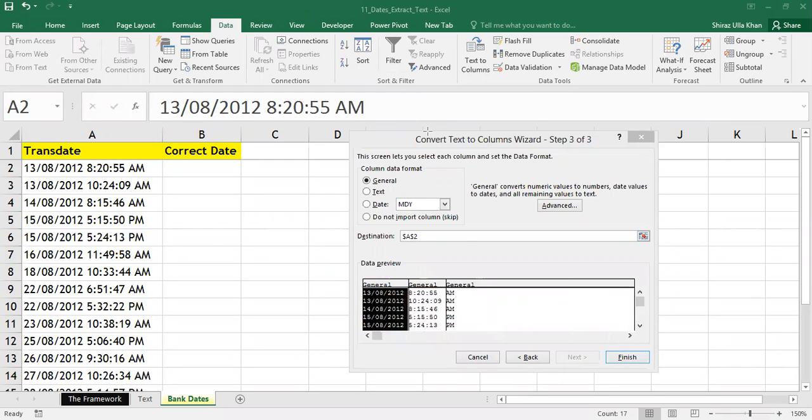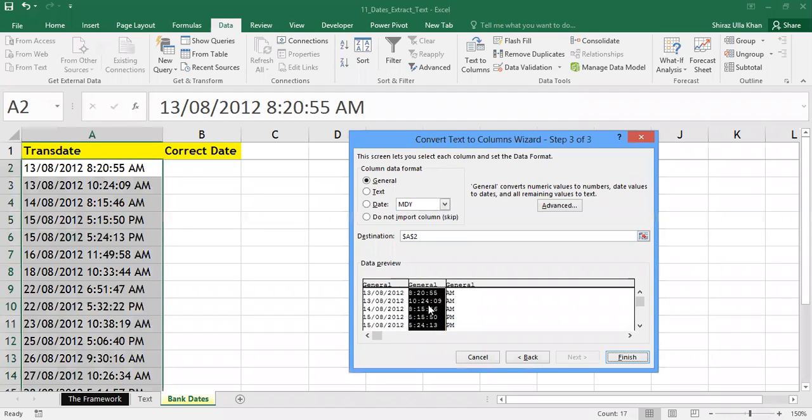So now people, by default, the first column is highlighted, which you want to import. Now you just need to click on the second column, put your cursor on the second column and just click. The moment you click, the second column gets highlighted instead of the first column. So this is the column which we don't want to import. Once you highlight this column, in this section of column data format, you will find an option called do not import column or skip. If you see my mouse, you just need to click on this radio button.